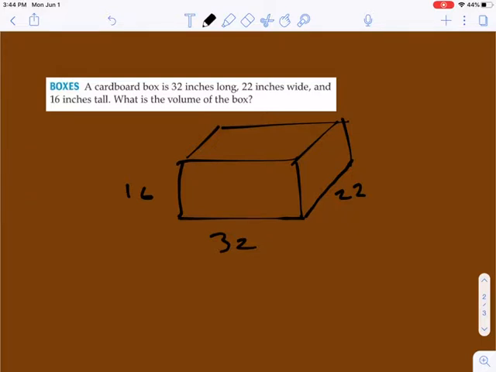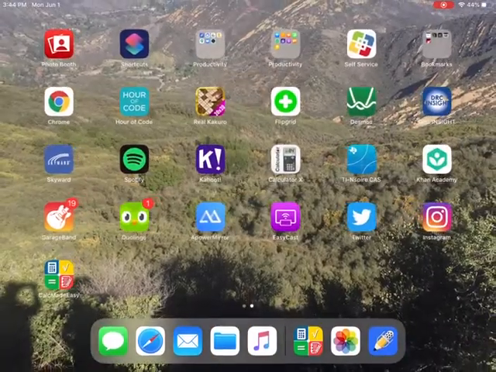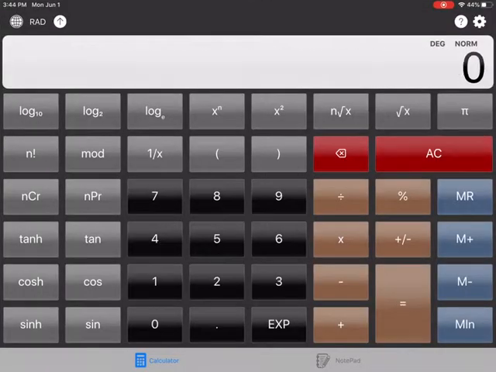Well, the volume of a rectangular prism is the length times the width times the height. So your length is 32, your width is 22, and your height is 16. So you just got a bunch of numbers you got to put together. So you got 32 times 22 times 16, and you got